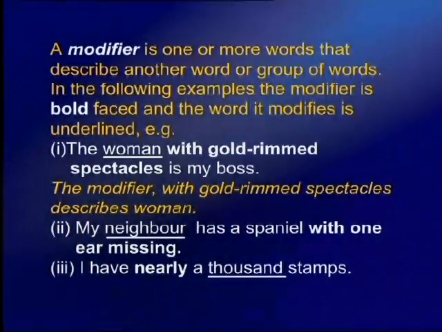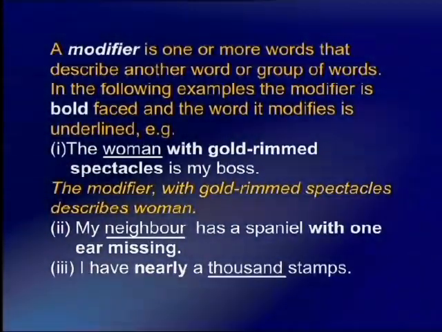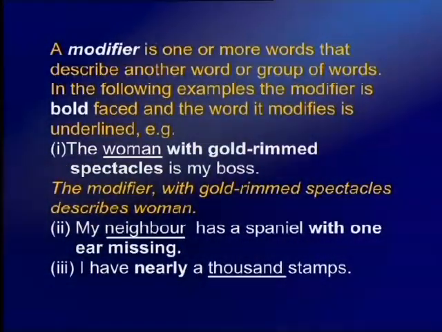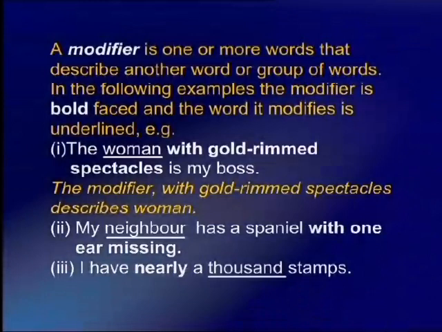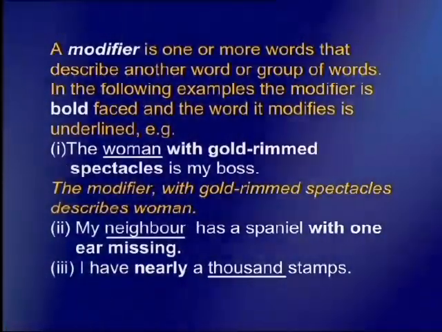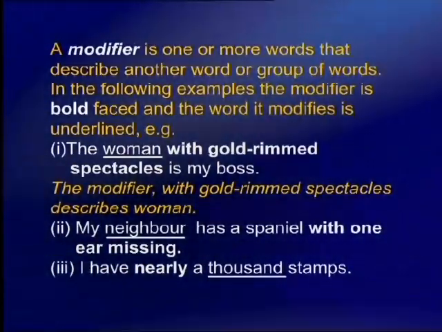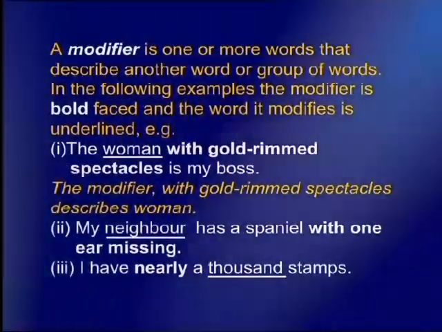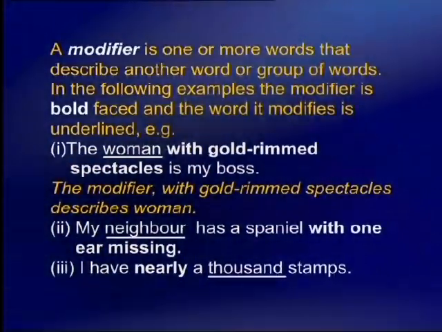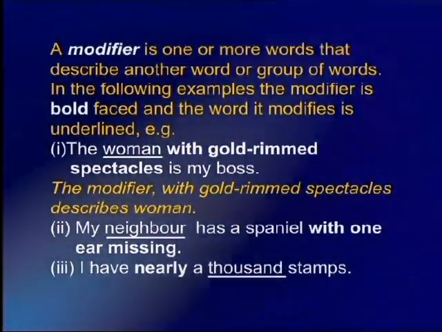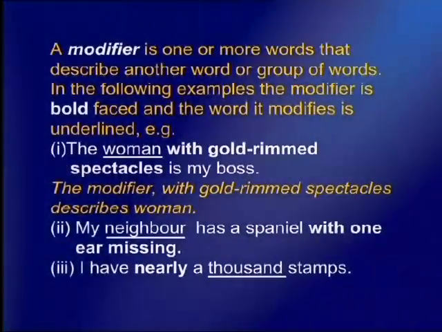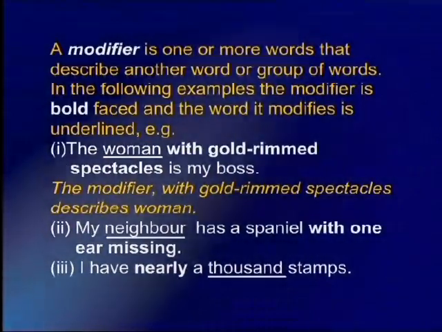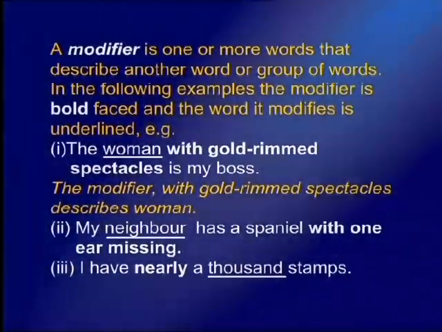The phrase with gold-rimmed spectacles is the modifier. It is modifying or describing or telling you something more about woman. The word woman is being modified, right? The word woman is modified by the phrase with gold spectacles,